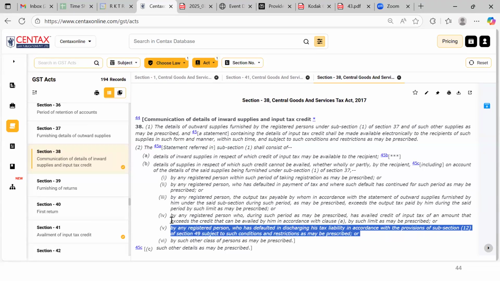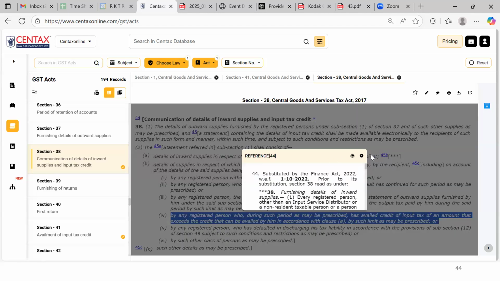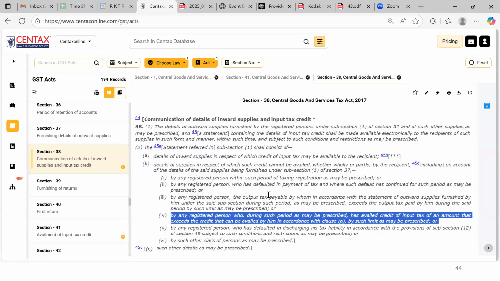Ma'am, quick question here. What is the relevance of this percentage when we are talking about invoice-wise linkage? Yes, sir. If we see, there will not be any relevance because 38 was amended in 2022. And now, in 2025, IMS has been introduced, and once the invoices are in 2B, then only I need to take the credit. So this condition will not have any relevance unless